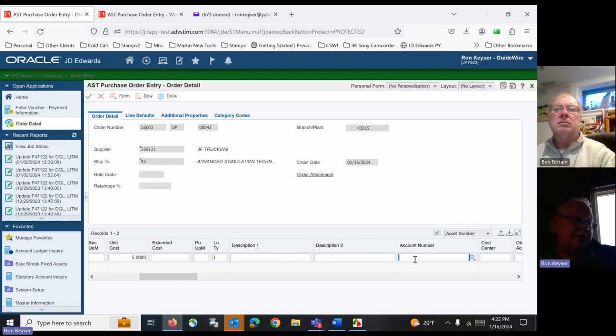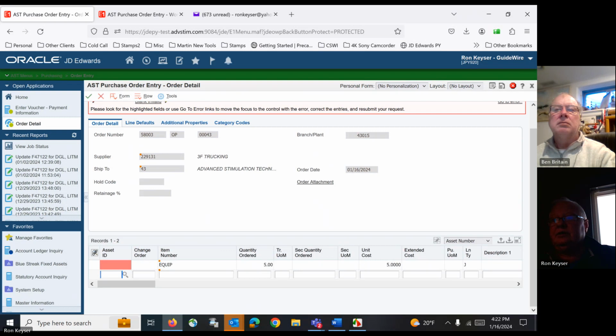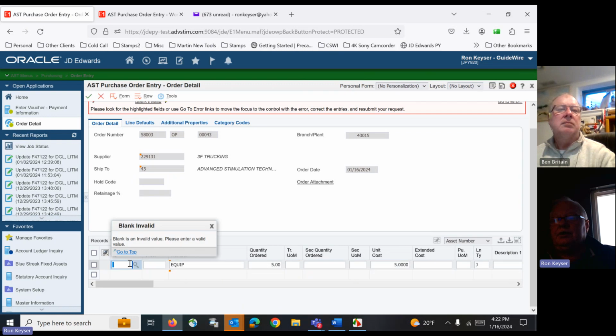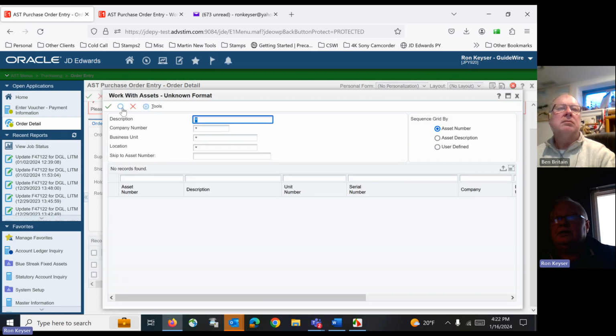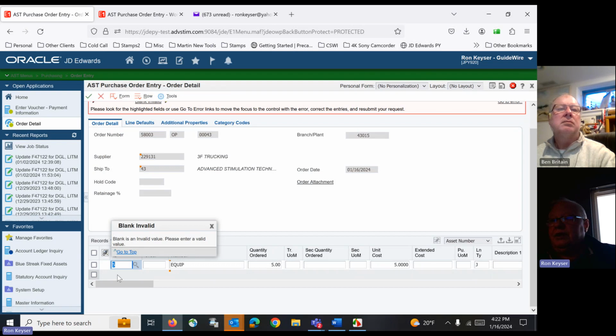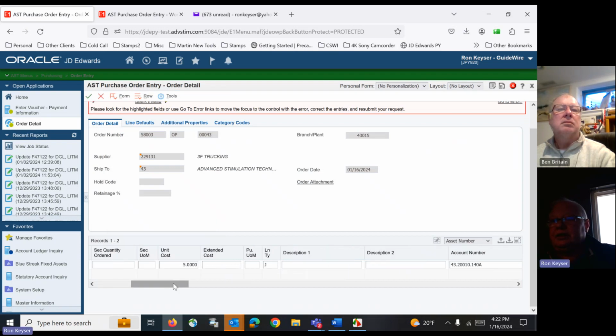And then I'm going to come over here to account number, and I'm going to put in 43.21010.140A. At this point in time, I have not lost the J line type. I have not lost the account number. But I'm going to go into the Visual Assist and do a find. I'm just going to select anything that has company 43 on here. So I'm going to use this one right here, 5 for test. It's not in DV, but now when I go down here to the next line,